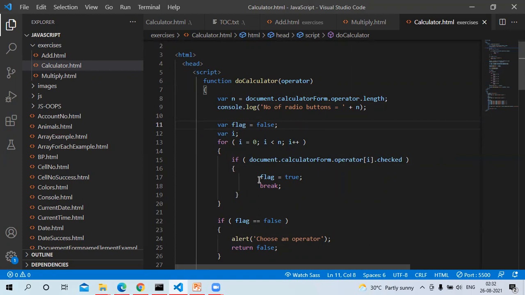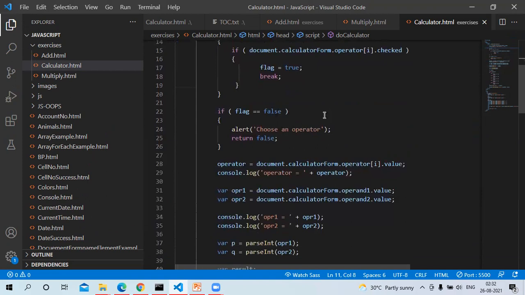So if it is checked, then flag value is made true, and we are breaking out of this loop. Okay, that means the flag value will change from false to true. Okay, otherwise, if none of the radio buttons are checked, then what happens is that this flag value remains false only. So that we are checking here.